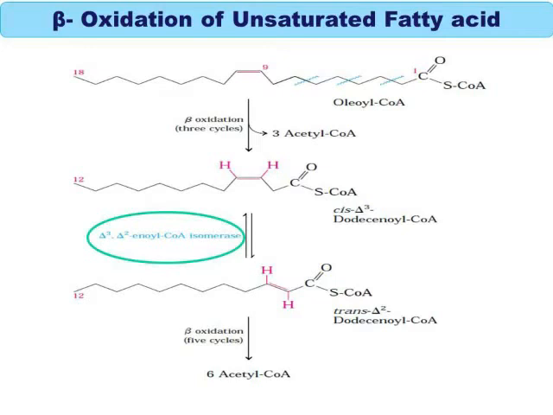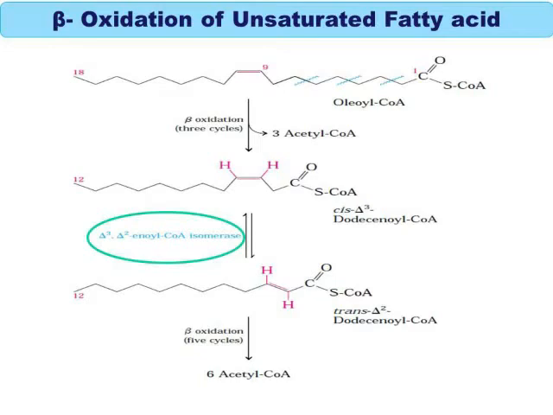Unsaturated fatty acids are mainly cis isomers in our body and are also oxidized by beta oxidation. Beta oxidation of unsaturated fatty acids also continues within the mitochondria until either a delta 3 cis acyl-CoA or a delta 4 cis acyl-CoA is formed, depending upon the position of the double bond. For example, with oleic acid, after 3 cycles of beta oxidation, delta 3 cis enoyl-CoA will be formed, which will be isomerized to delta 2 trans enoyl-CoA by a cis trans isomerase and then